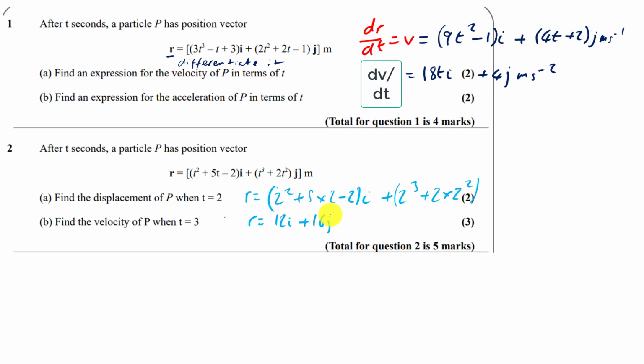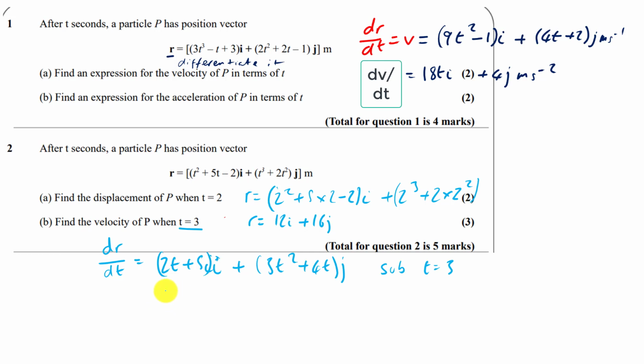So part b, we're just doing dr/dt to get v. So when we differentiate displacement, we get velocity. So that's going to be (2t plus 5)i plus (3t squared plus 4t)j, right, and it says when t equals 3, so we sub t equals 3 in,